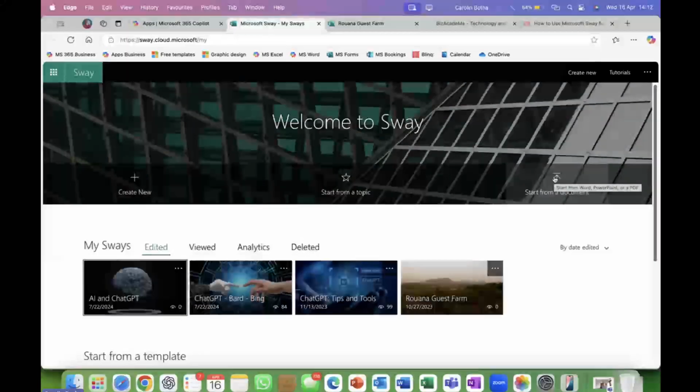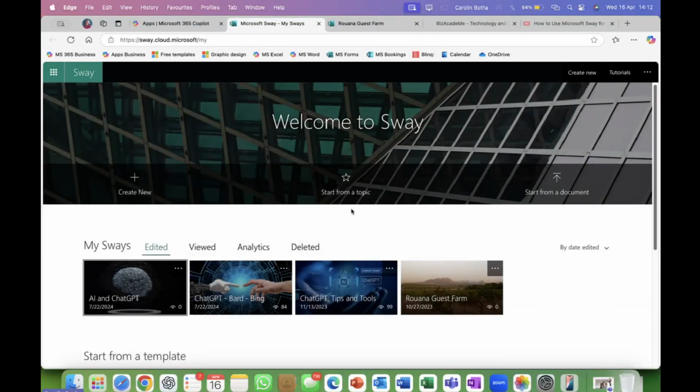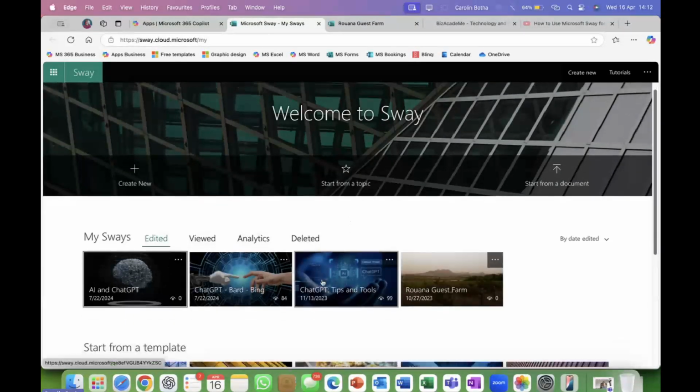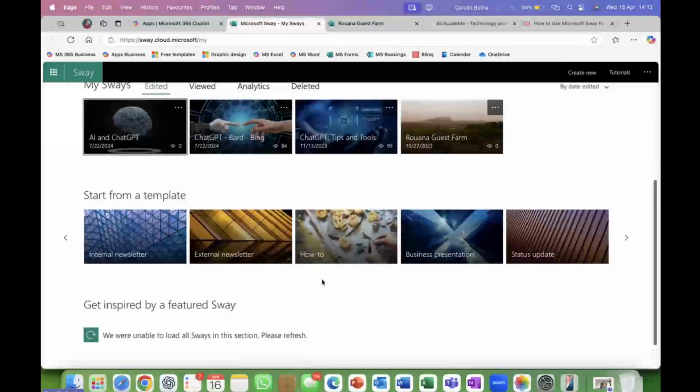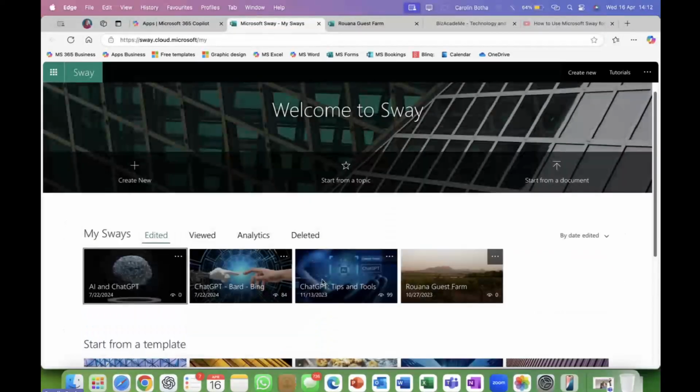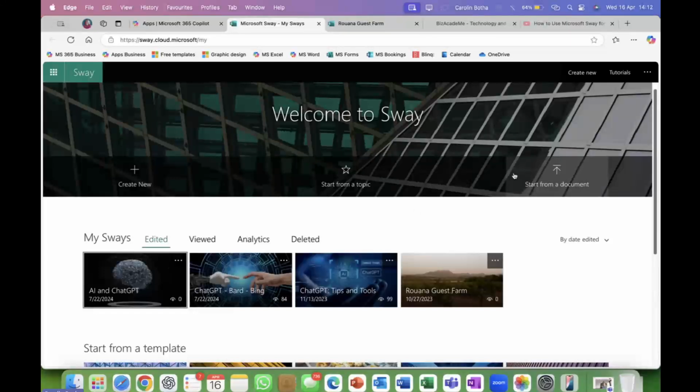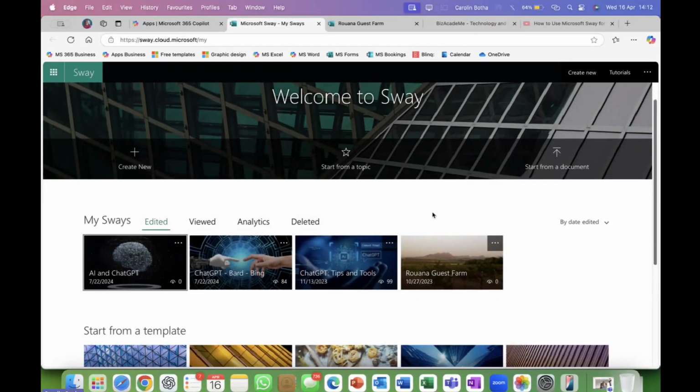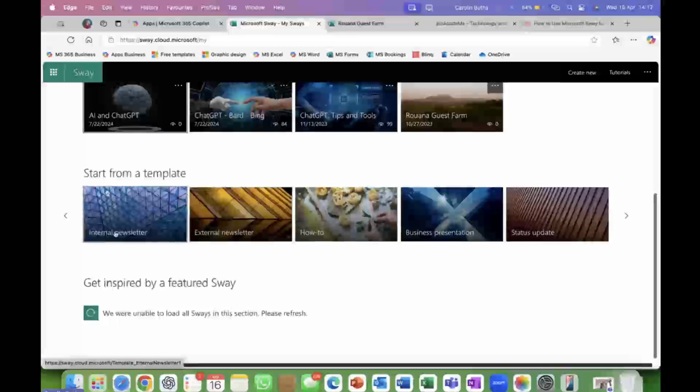All that is trying to do is that you don't have to reinvent the wheel and start from scratch. Okay, now let's start with a topic. But before I do that, over here, you can even start with a template. It's actually a pity that they don't have that as an option straight away. So you can have an internal newsletter. Guys, you don't have to be a designer at all.